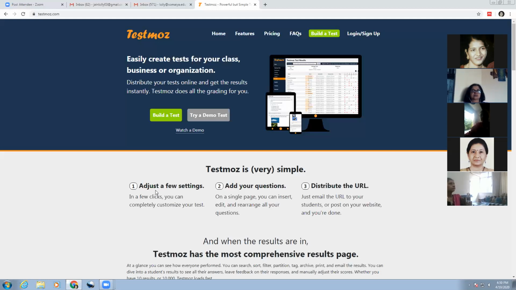Adjust a few settings. This particularly allows you to make settings of the test page. It will tell you what introductory message you want to give, what message do you want to give the students after they finish the test. You have time settings, whether you want the students to take the test unlimited number of times or restrict them to 2 attempts or 1 attempt. You can also limit the time period, whether you want it to be limited for 5 minutes, 2 minutes, 3 minutes, depending upon the type of questions that you have inserted in your test. It also allows you to build up the test in different languages. This is an added feature which has recently been added to this particular tool.